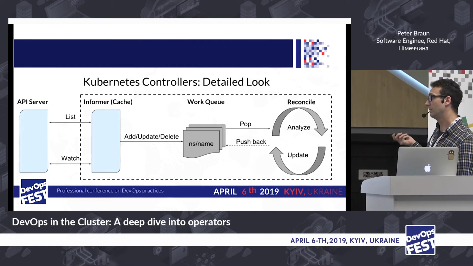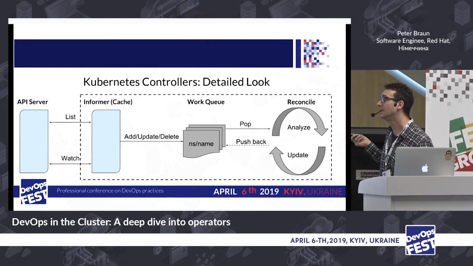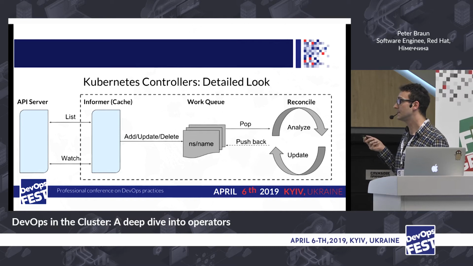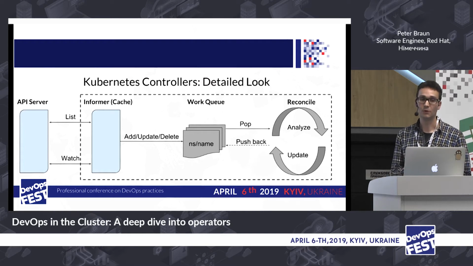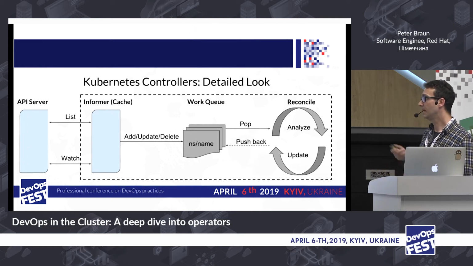Everything inside the dashed box belongs to the controller. We have an informer. The job of the informer is to limit the number of requests that are made against the API server, because this could cause performance issues. Imagine that you can have dozens of controllers deployed on your cluster, and if all of them make continuous requests, that can cause issues. So what the informer does is it does an initial list to get a list of